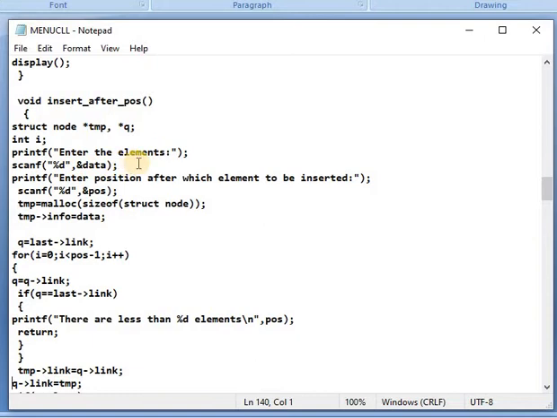The number entered by the user will be stored in a data variable. After that, the user enters the position at which to insert the data, and that is stored in a POS variable, meaning position variable. Memory allocation is done, and that data will be stored first in a temp variable. For that, check that